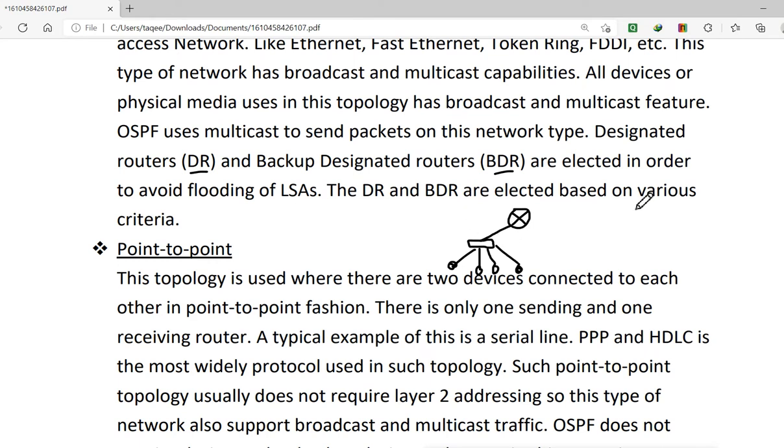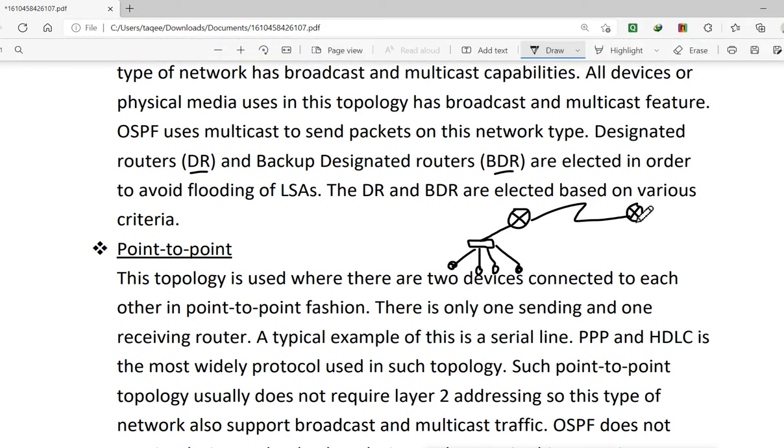Then for the WAN side, the router directly connected to the other router through a serial cable is what? Point-to-point topology. That means the router is directly connected to the other router through a serial cable.